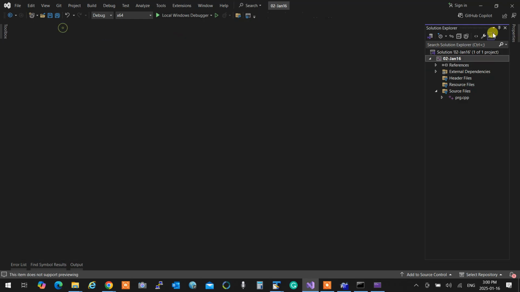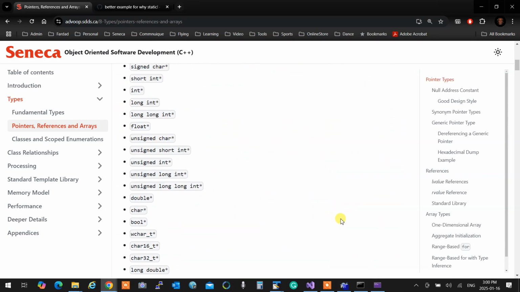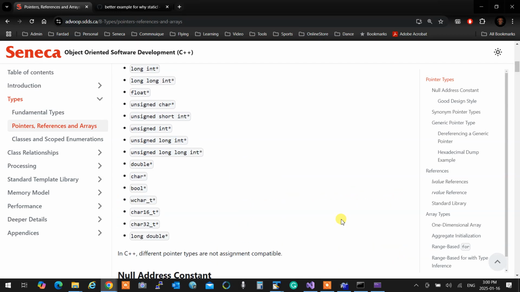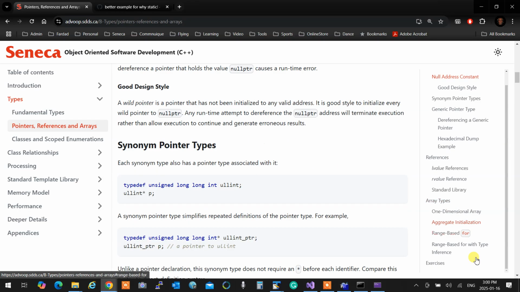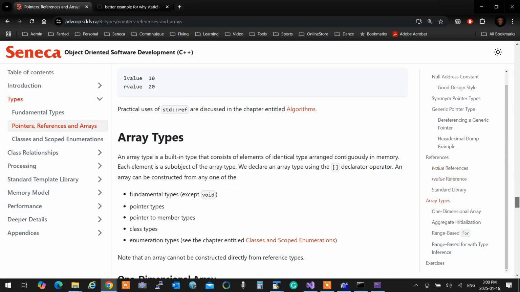Okay. What else do we have? Let me see what is the sequence of things going in here. You have pointer references and arrays. Before this, I just want to see the sequence that I have over here.